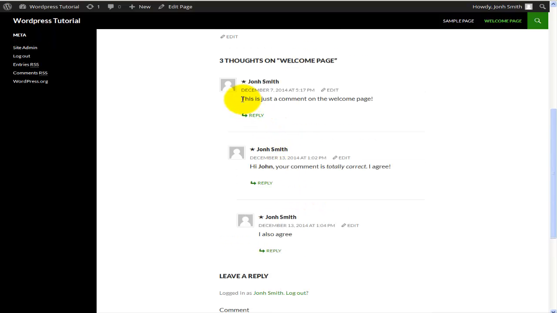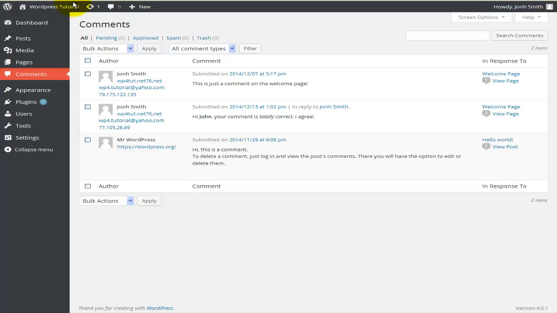Alright, now the page has been refreshed, and you can see that there's another comment to this comment. You can see how it's moved a bit to the right, meaning that this particular comment is a reply to this one, and this one is written as a reply to this one. Alright, going back to the back end,